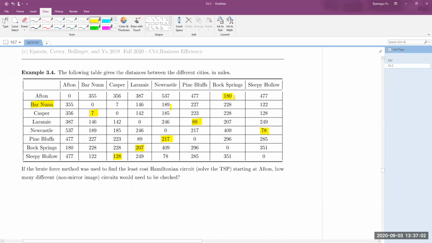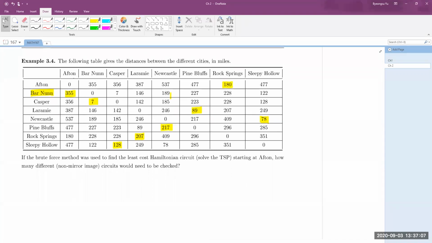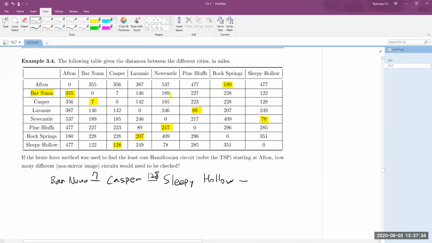And from Afton, you need to go back to Barnum again, right? So here, your path starting at Barnum, Hamilton Circuit starting at Barnum is, first of all, from Barnum to Casper by traveling 7 miles, and from Casper to Sleepy Hollow, 128, and from Sleepy Hollow to Newcastle, 78 miles, and from